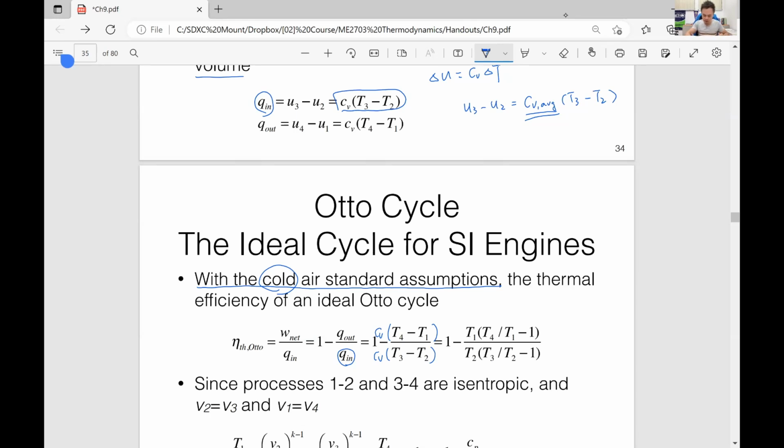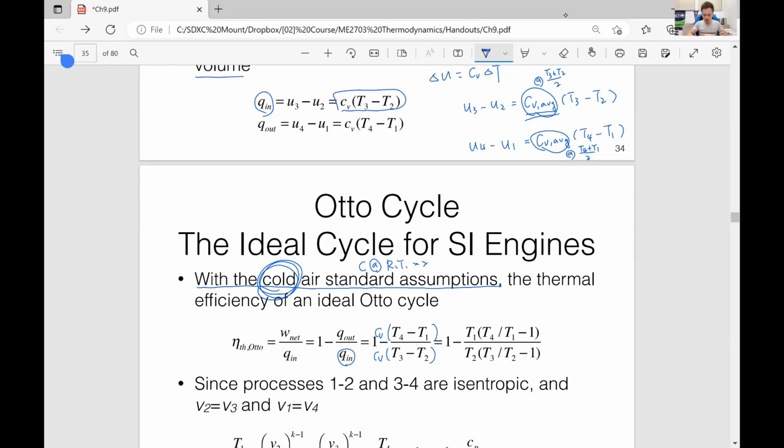So similarly, U4 minus U1 is supposed to be Cv average times T4 minus T1, right? So this Cv average is the average at T3 and T2, and this average is the average at T4, T1. Okay. However, with cold air standard assumption, the specific heat can be evaluated at room temperature,